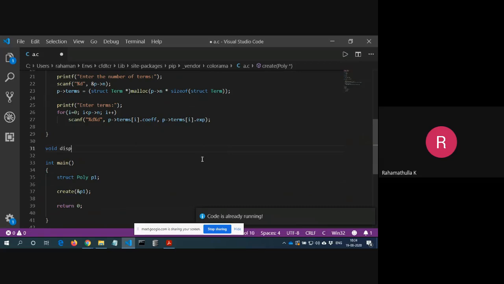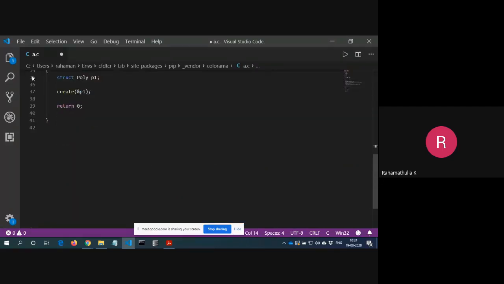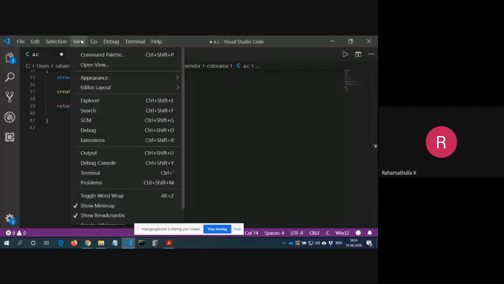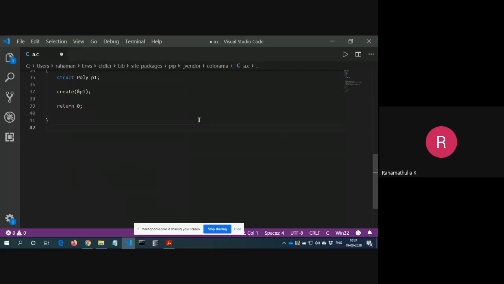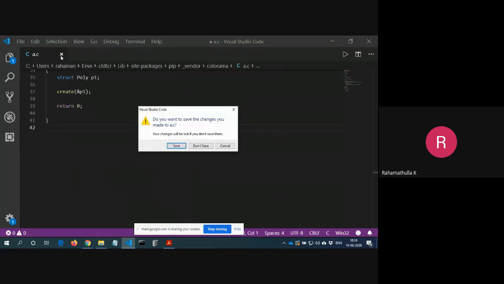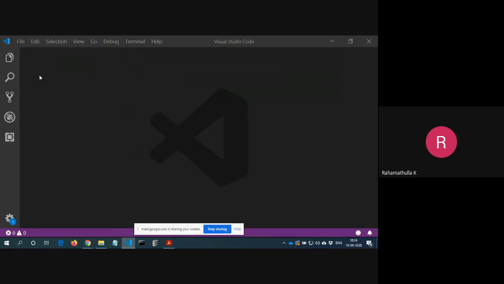I'll write a function for display also. Display. The code is already running, that is the error it is showing.